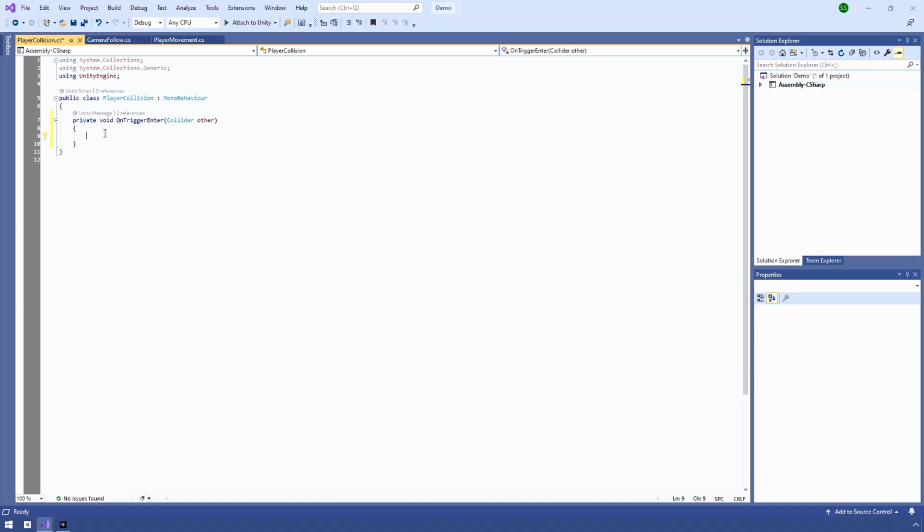And so if we want to check the tag that's associated with other, we say if other.CompareTag, and then the name of it. So in this case, I know it's called goal. So if this is true, we're going to send a message to the console by using Debug.Log. Maybe we'll just say yes. Great. And then we're going to destroy this game object. And so we'll use Destroy